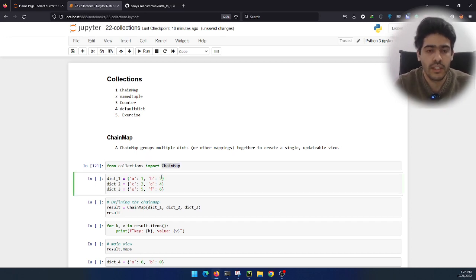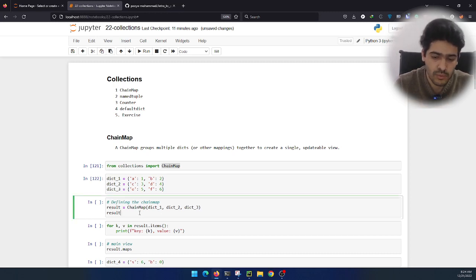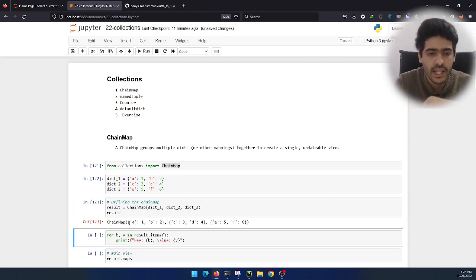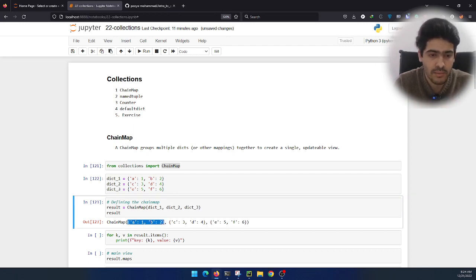Consider you've got some dictionaries. In this case, we've got 3 dictionaries, as you can see here, and we want to chain these dictionaries together. We want to have just a single view of these dictionaries. For doing so, we can use ChainMap, and we'll see what the ChainMap does. As you can see, exactly as its name suggests, it chains some mappings. And as you know, a dictionary is a mapping that maps keys to values. So it chains these 3